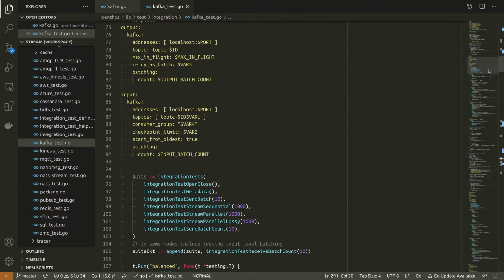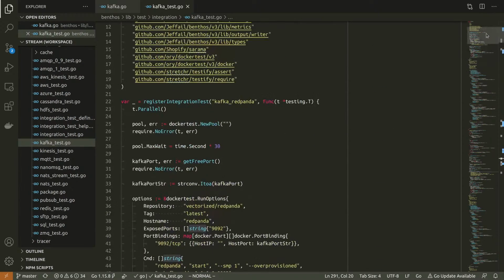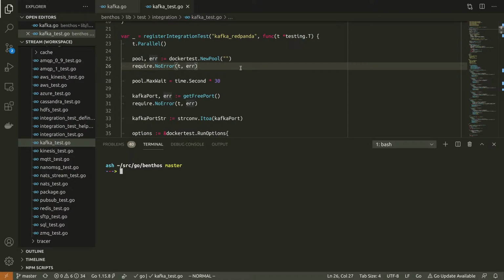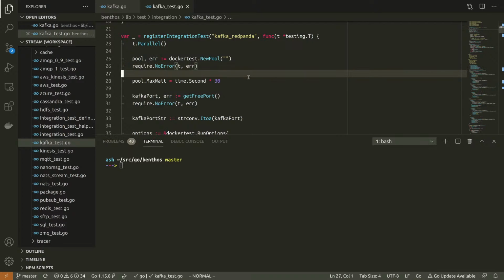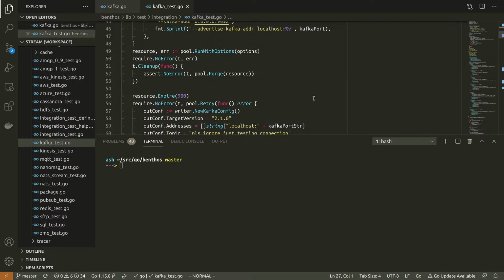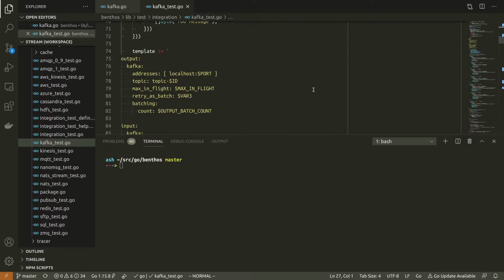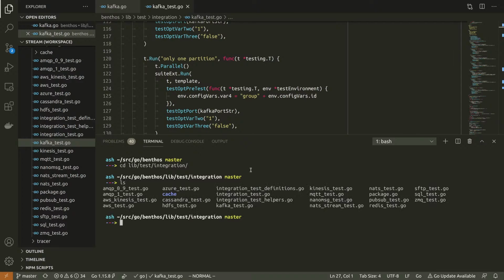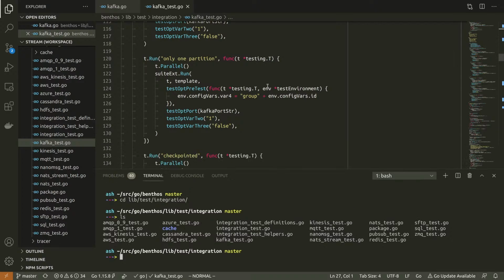So what I wanted to do was just play around. I haven't done any benchmarks with Red Panda. I think they're currently in the process of doing their own benchmarks as well, which would be interesting to see, because their goal is for Red Panda to have quite a lot better performance than regular Kafka.